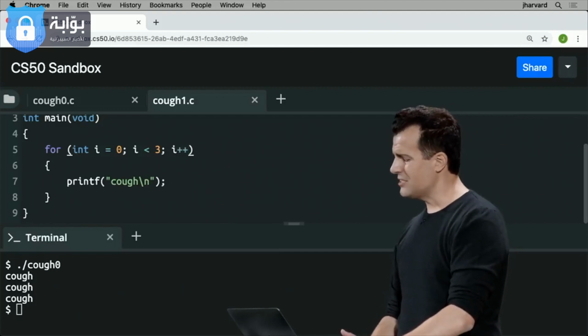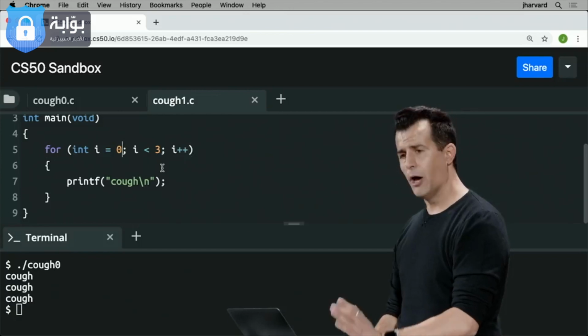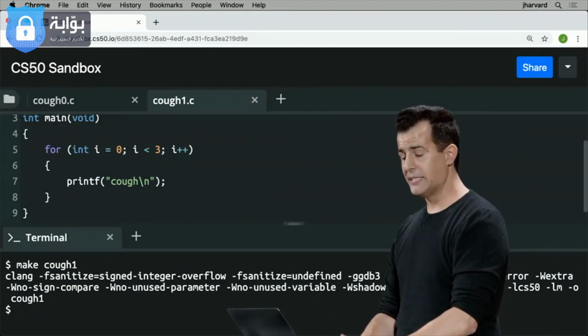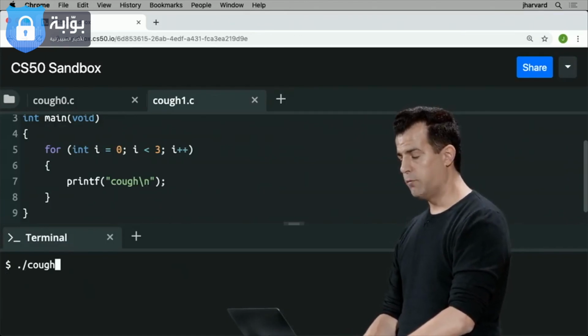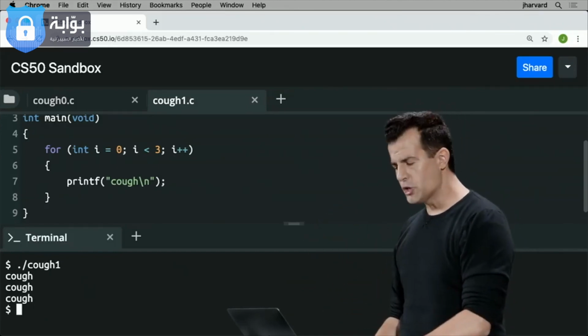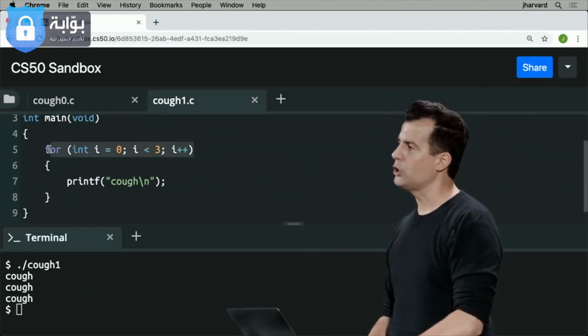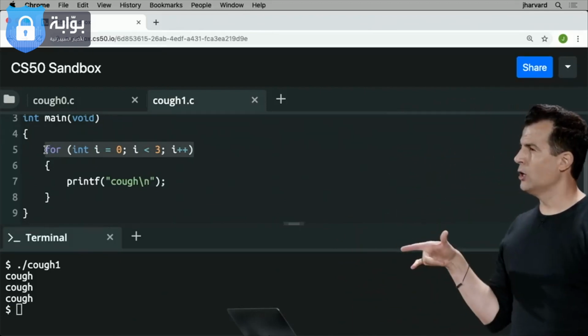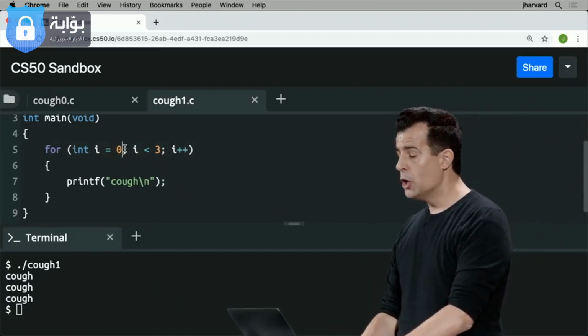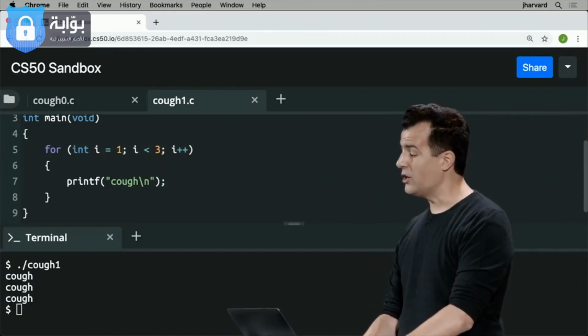So again, it's a lot of new syntax, and there's semicolons all over the place now. But if I go ahead now and do make cough1, nothing bad seems to have happened. ./cough1, cough, cough, cough. It seems to be slightly better designed. Unfortunately, there is this paradigm in programming where humans, programmers, tend to count starting from 0. However, if you don't like that, at least early on, there's nothing stopping me from initializing i to 1 and